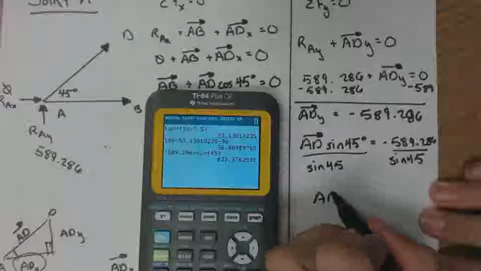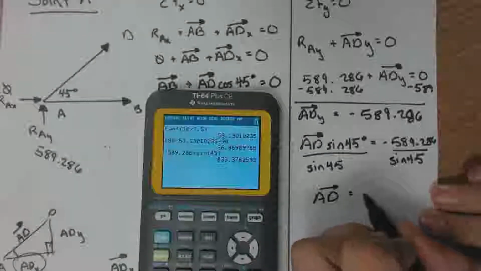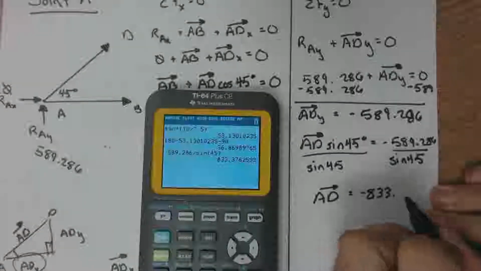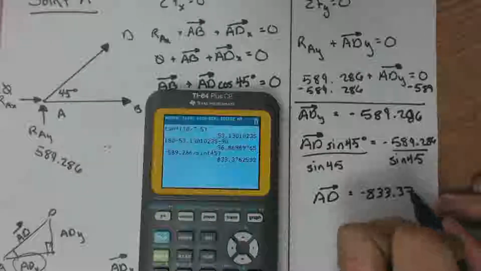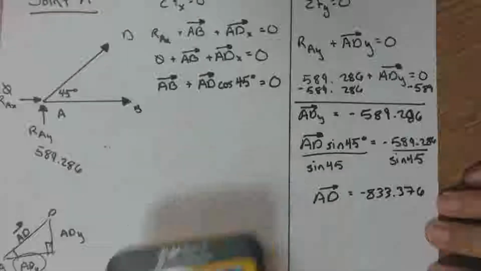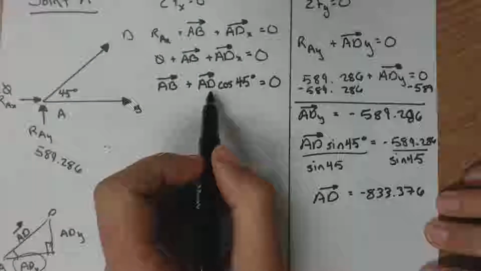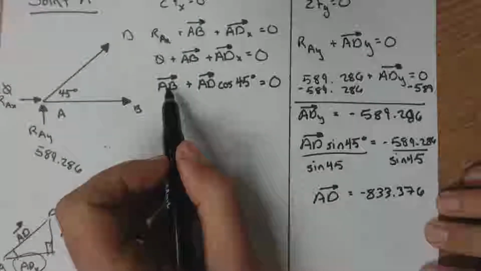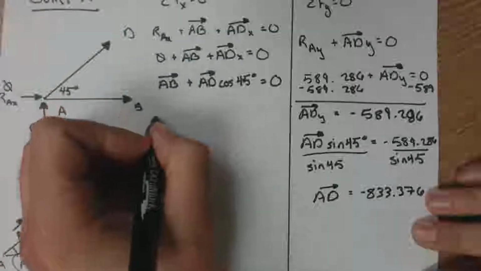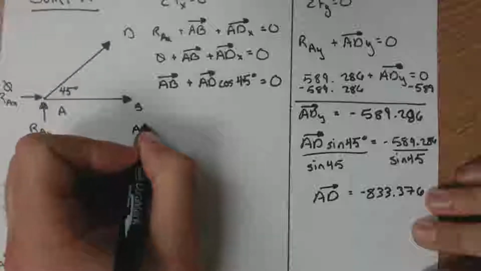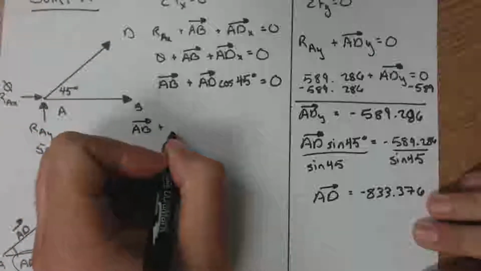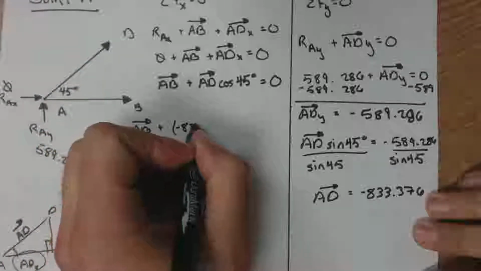So I have my AD vector equal negative 833.376. I can use that information and plug it in over here so that I can find AB. My vector AB plus negative 833